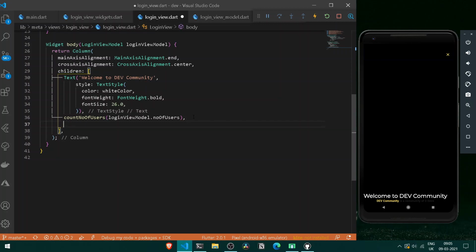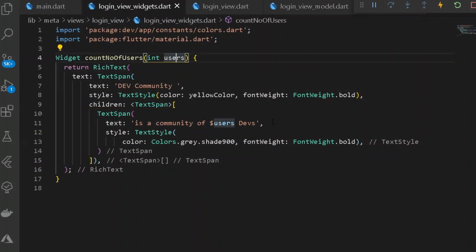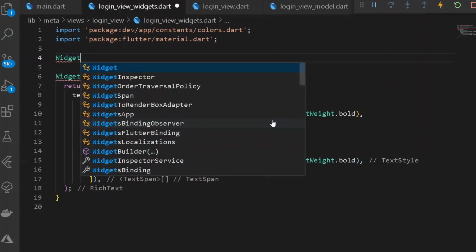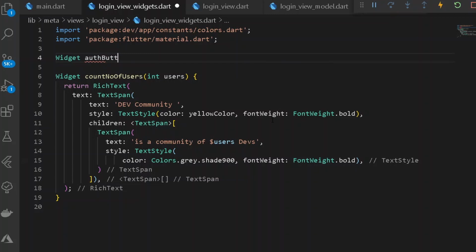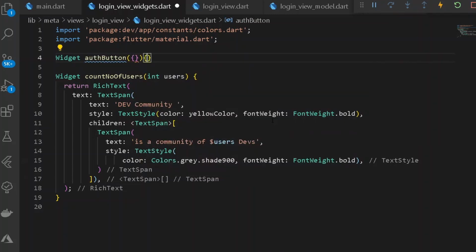that is auth buttons over Facebook, GitHub and Google. So for doing that thing, we can go back under our widgets, and here create a common widget for simply getting all of the buttons. So here I shall be creating a new widget which shall be nothing but auth buttons, and here under the case of auth buttons, it shall be requiring certain parameters.